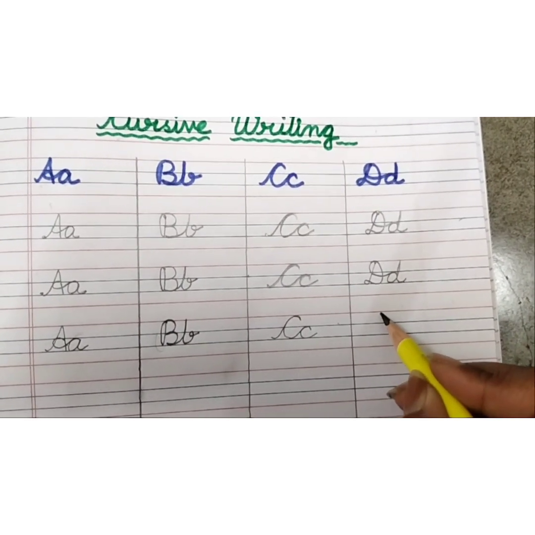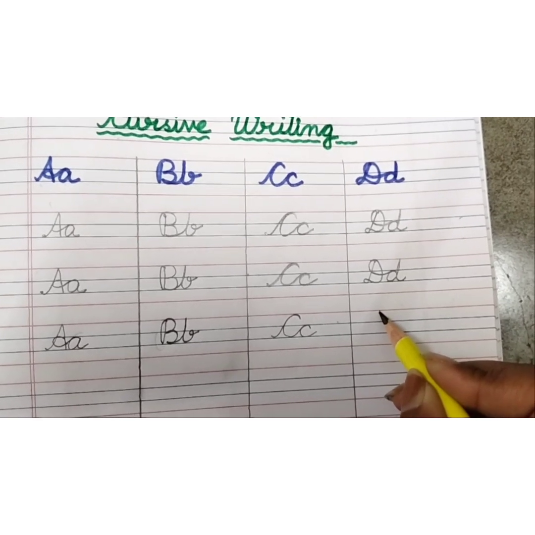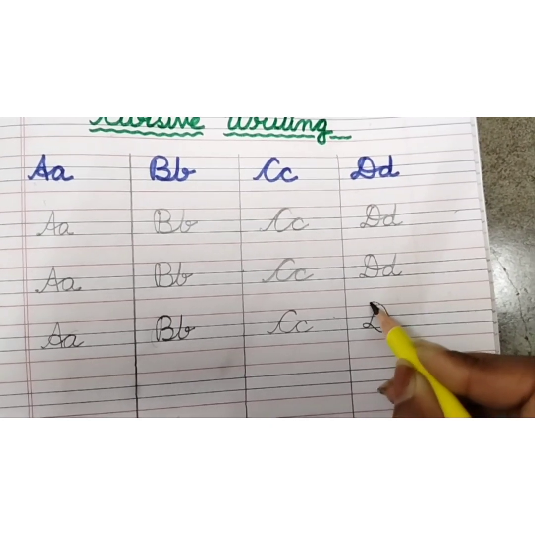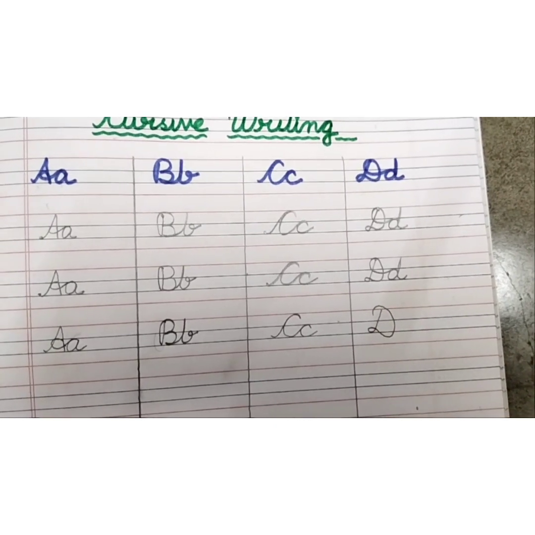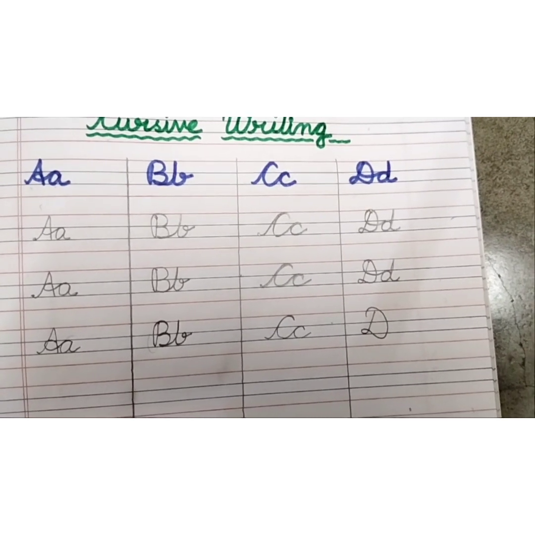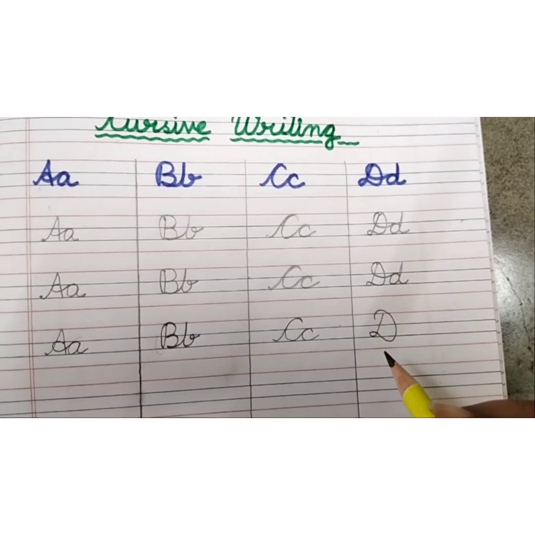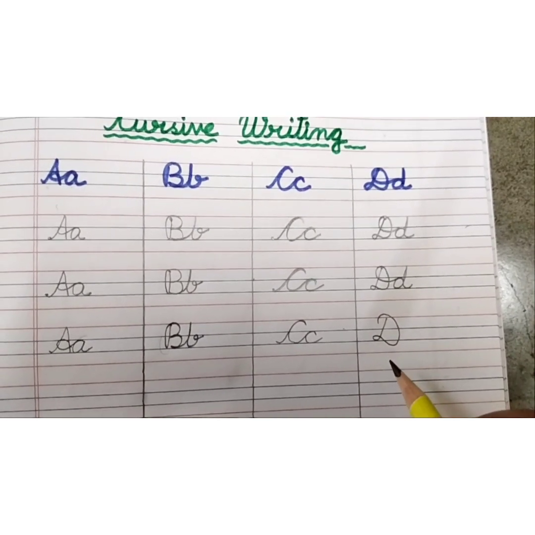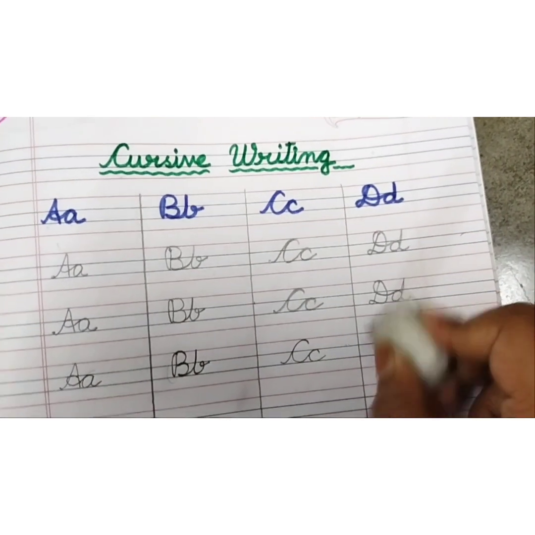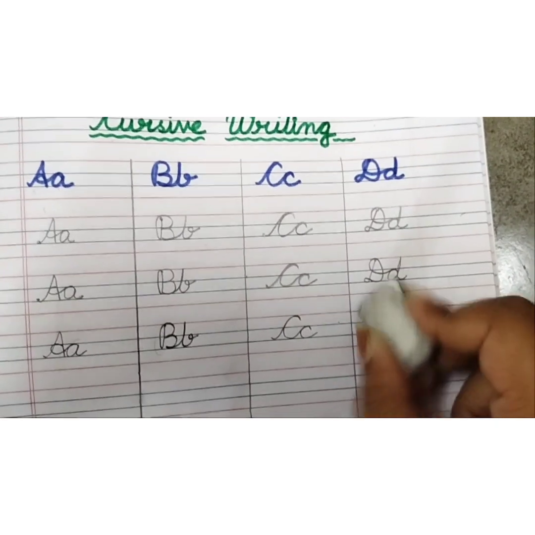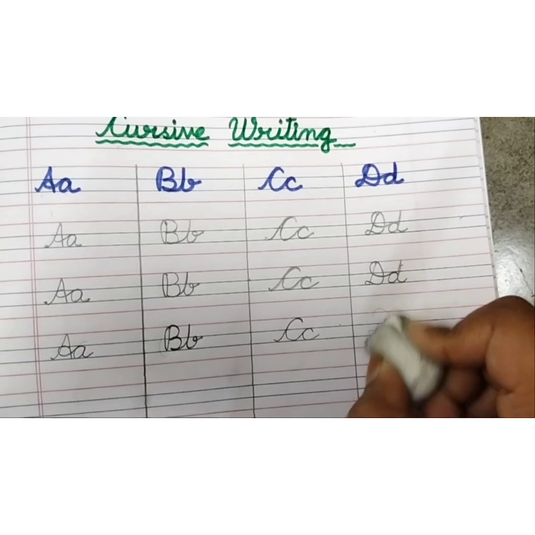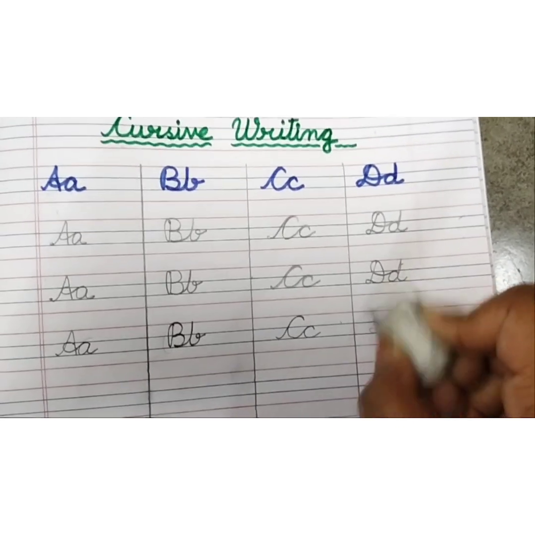Again, all of you, please follow me. From here we will come down. Then this. Oh. Now tell me, children, is this correct? No, right? See, my handwriting went out of the line. So what should I do? Yes, you are right. I have to erase it. So I will erase it, and I will erase it very neatly. You have to hold the copy and then you have to erase.